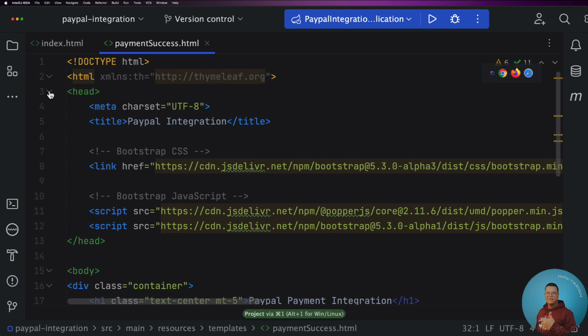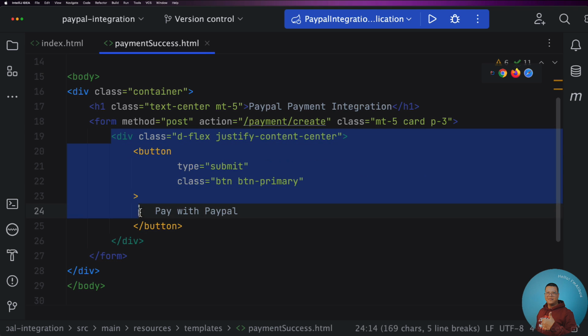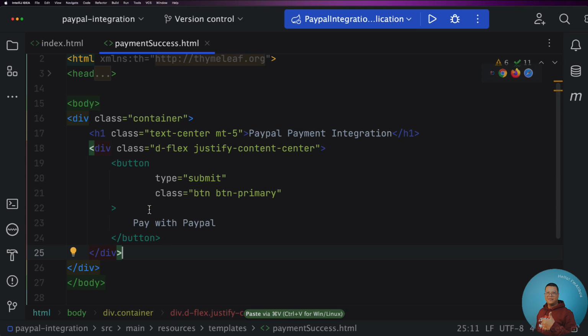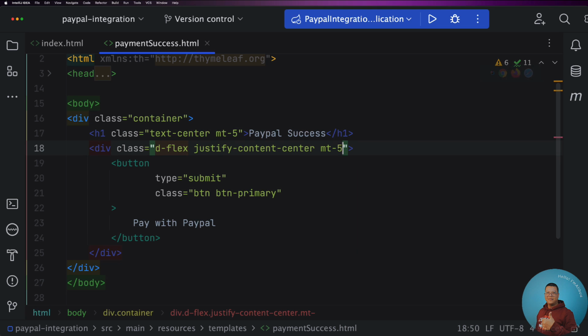So we will need the head, so we can keep it. And inside the body, we don't need the form, so we'll just cut this one. I will remove the form and leave this button right here. Also, we need this one, so let's say payment success as a title,